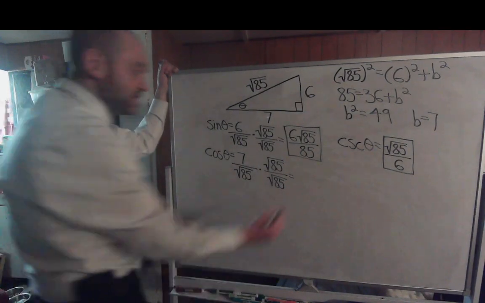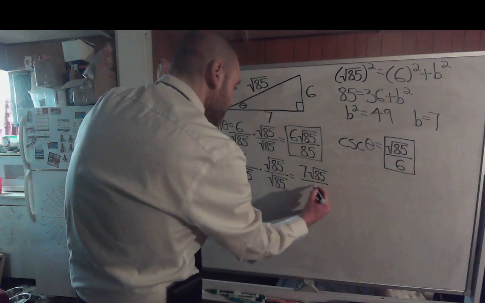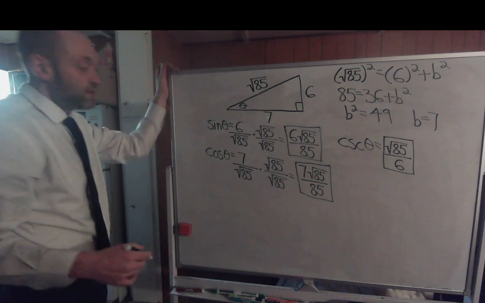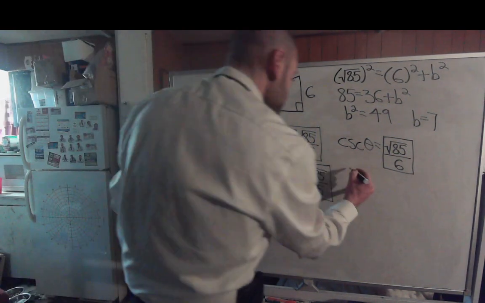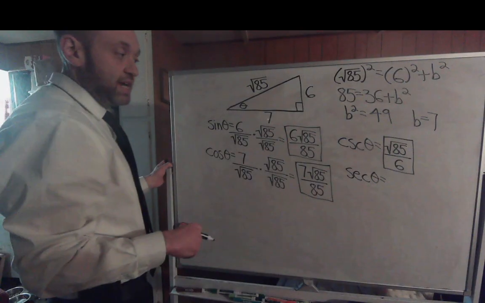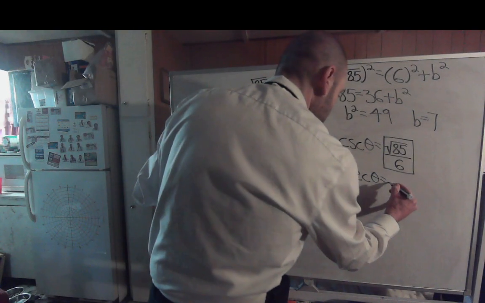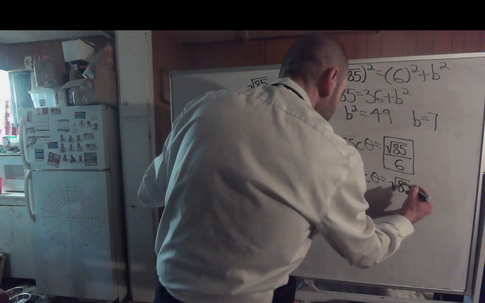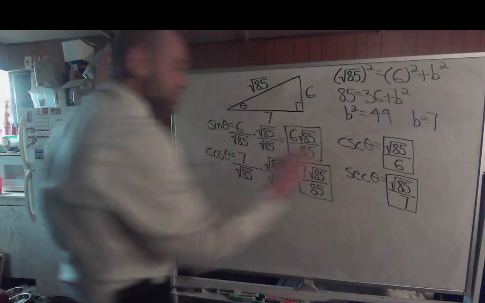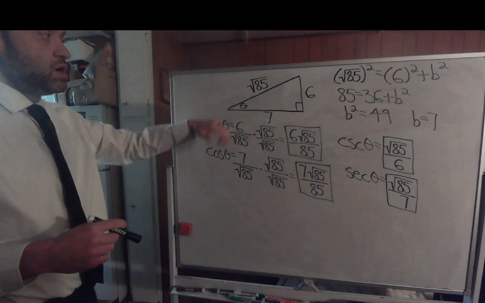Which would just turn this into 7 times the square root of 85 all over 85. And then, of course, we'll deal with the reciprocal function, the secant of theta. It might be easier again to just know that the secant is the hypotenuse over the adjacent side. So that would give you the square root of 85 all over 7. You could do the reciprocal if you want and have to rationalize again. I mean, you would get the same answer, but sometimes it's just quicker to know the ratio of each of